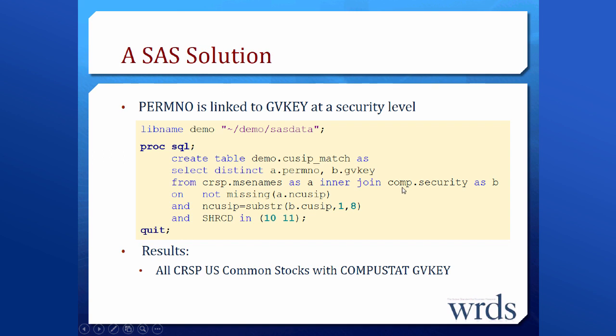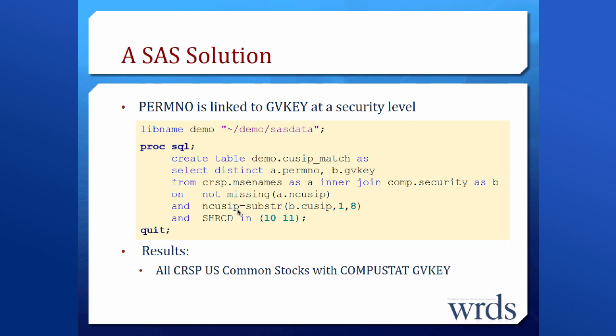Basically I use an inner join, which means the intersect between the two tables. And the condition of matching basically requires the unQSIP, which is the historical QSIP in CRISP, not to be empty, and the unQSIP